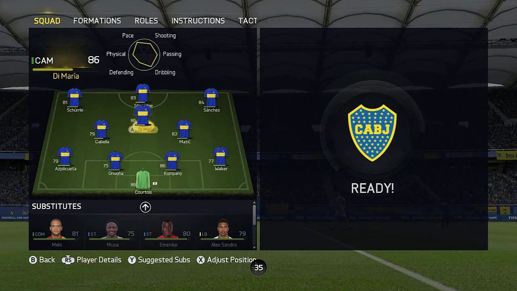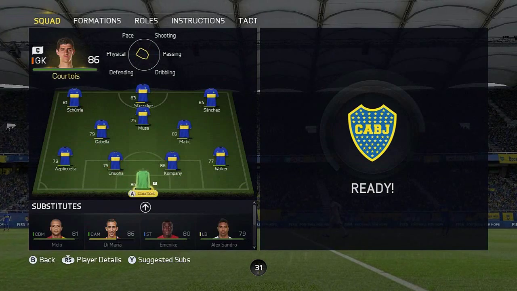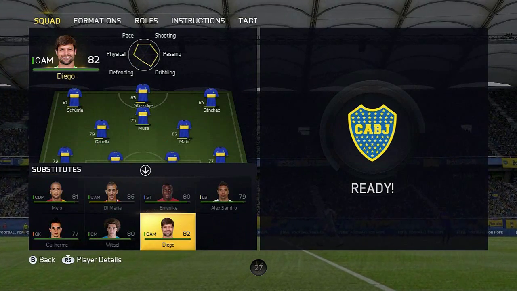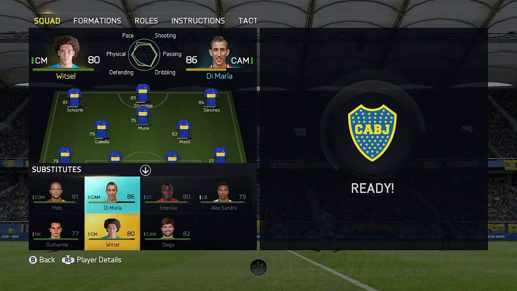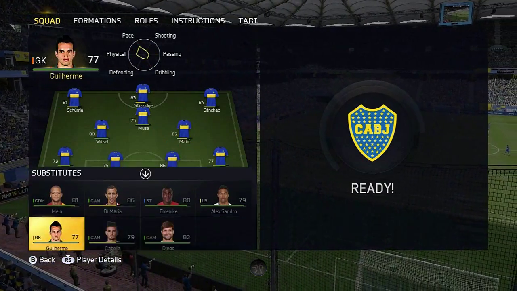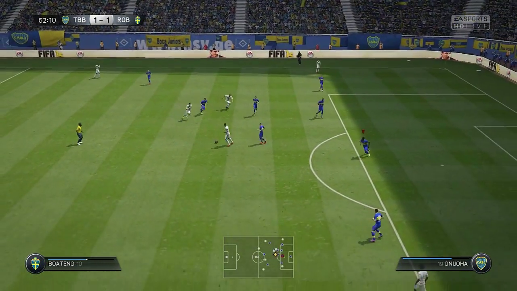And in the 60th minute, or somewhere around there, I wanted to bring in some fresh legs, brought on Musa and brought on Witsel because I didn't want to change any of my defenders because there was really no good defender to bring on besides Alexandro. I wanted to do some more attacking choices, but it didn't work too well because in the 62nd minute right over here,